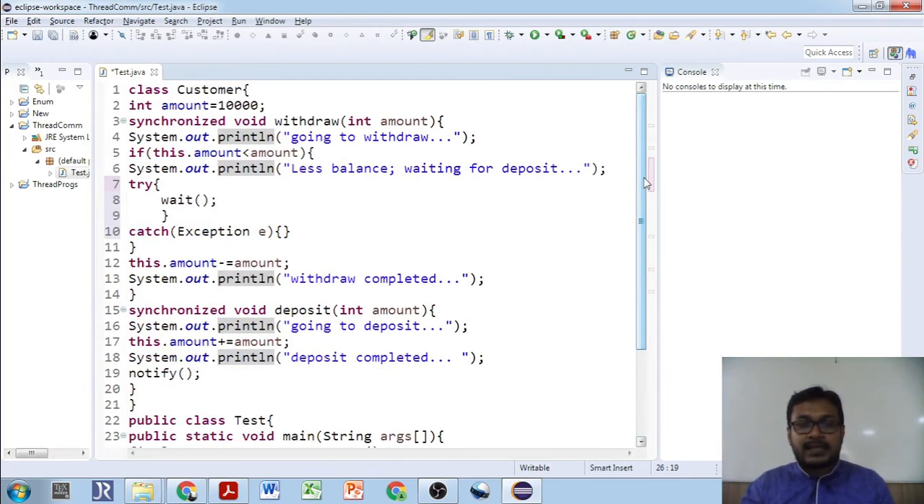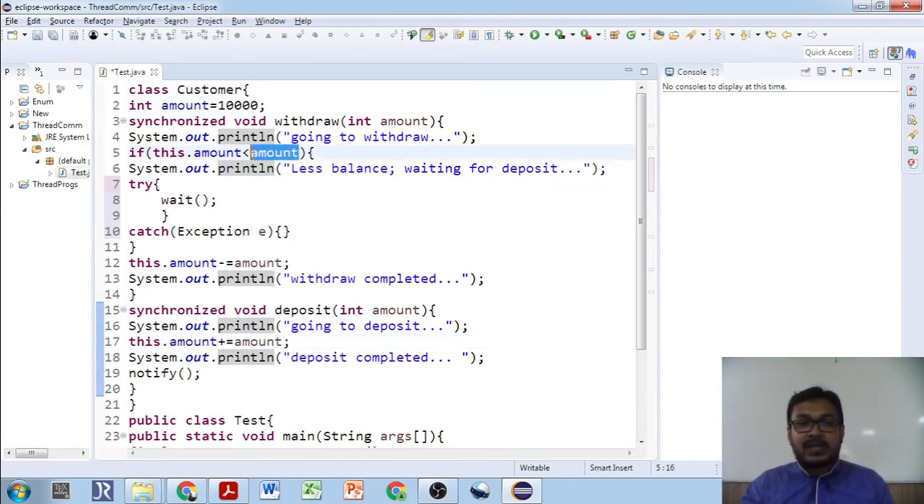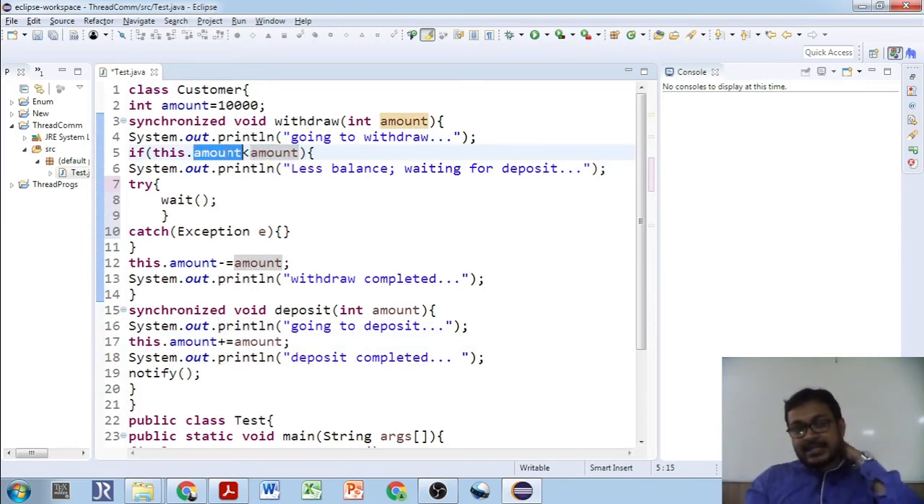Yes. And the 15,000, it is not less than 20,000. Sorry, 15. It has become 20,000. Now the amount has become 20,000 due to this particular line number 17. So 15,000, yes, it's less than 20,000. Yes, correct. 15,000 is less than what? 20,000. So now it will not satisfy